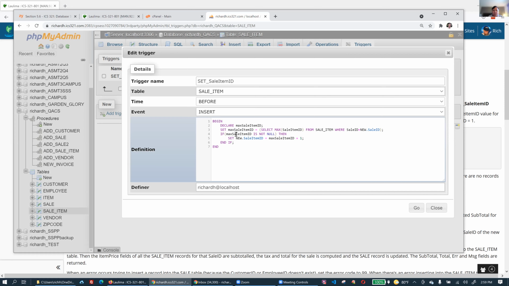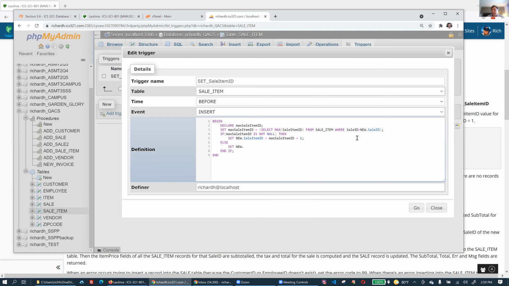Okay, so if max sale ID is not null, then do this. Otherwise, if it is null, and I think we can do that just by going else, I don't need the if, else if, then just set